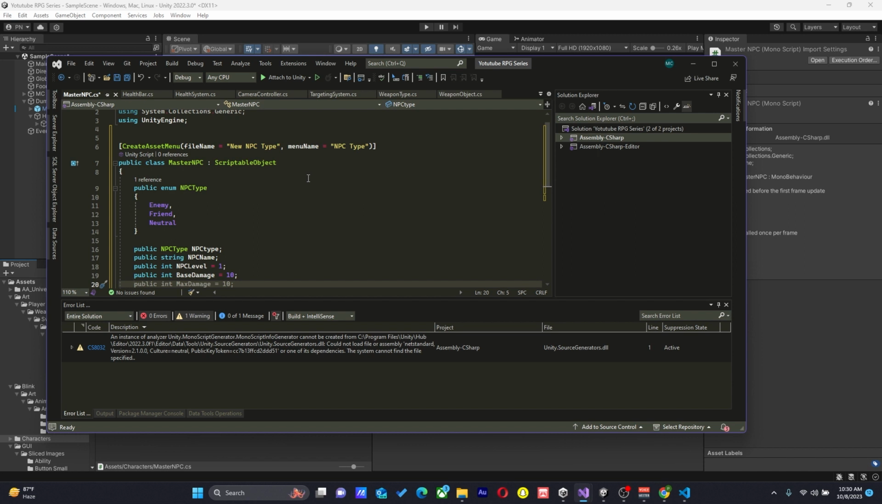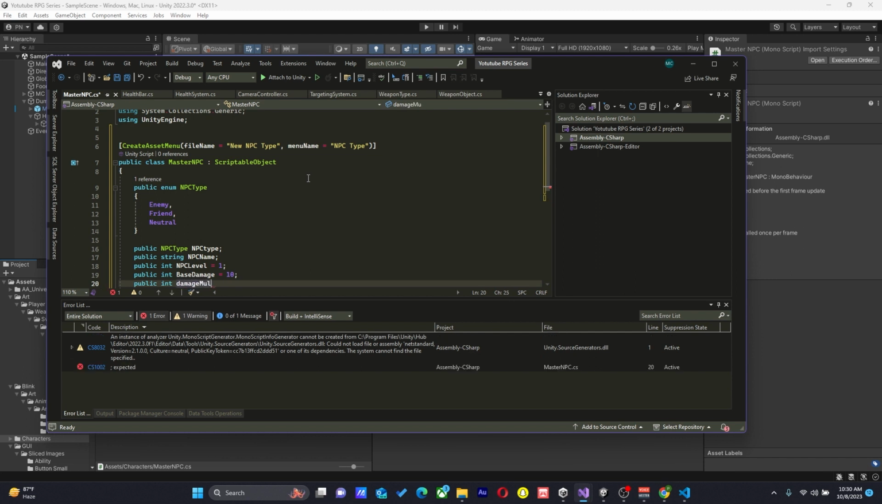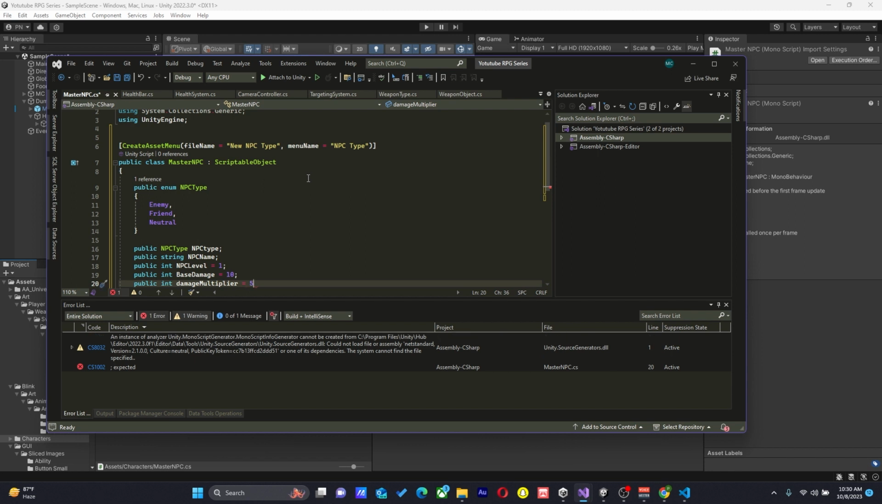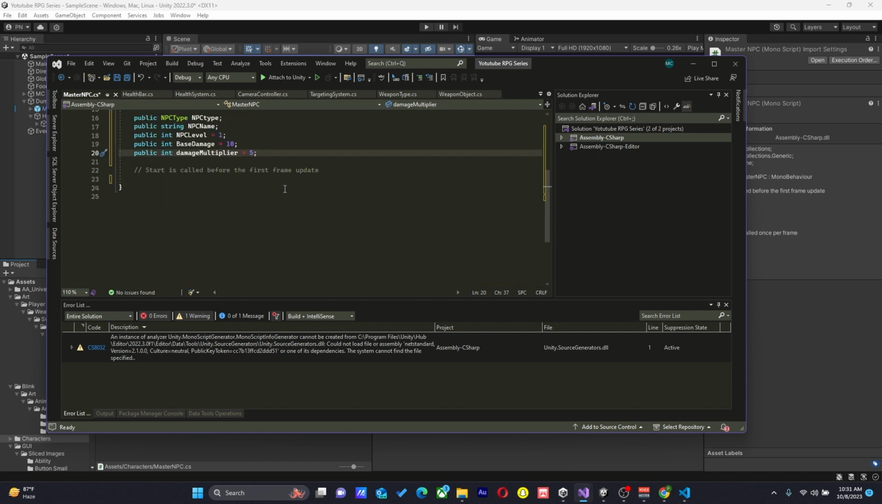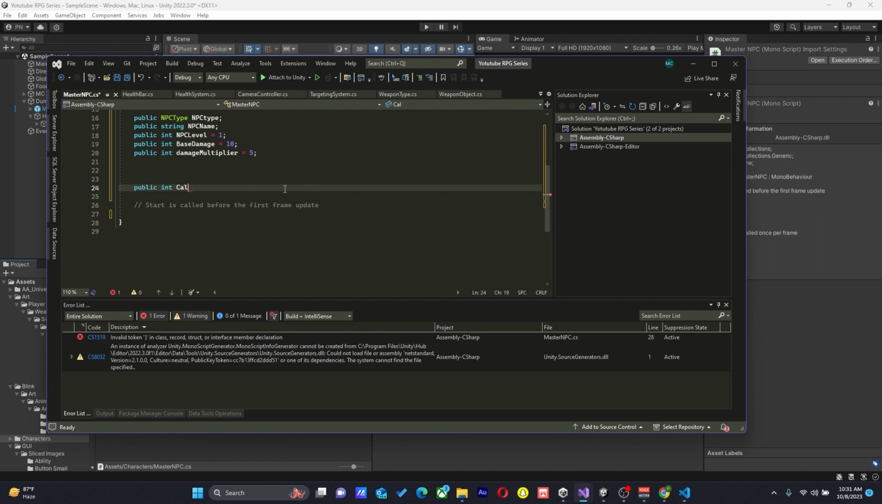And then we're going to now say public integer damage multiplier. This is going to be equal to 5 for now, but we'll change it. So we're going to have one function in here. It's going to be a public integer function, which is going to say calculate damage,